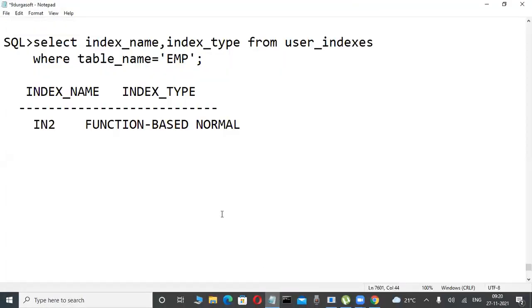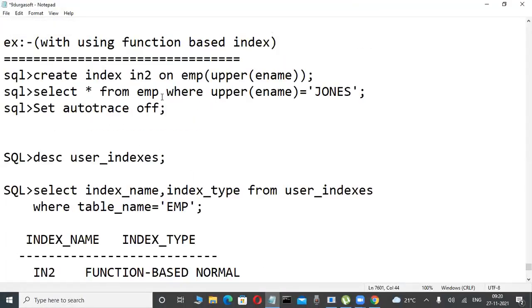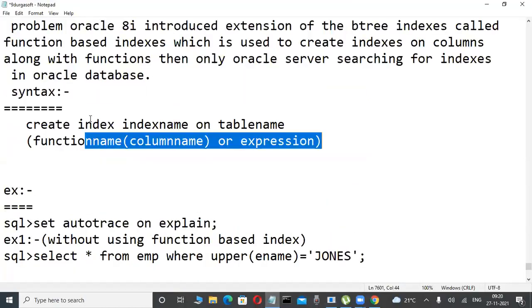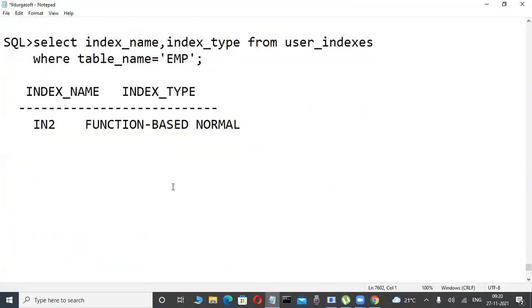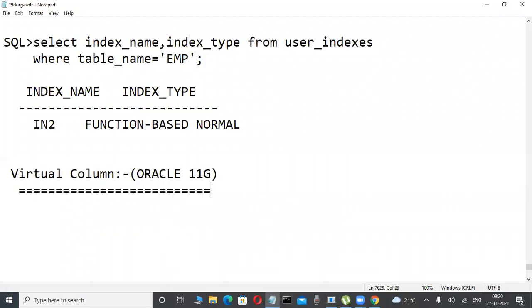Okay, yes, before that, write this big theory. These are based only on stored expressions. Yesterday I told you stored expressions were a function based index, but nowadays direct virtual columns. It is a very important concept. Side heading: virtual column, within the bracket Oracle 11G. Write it. Oracle 11G